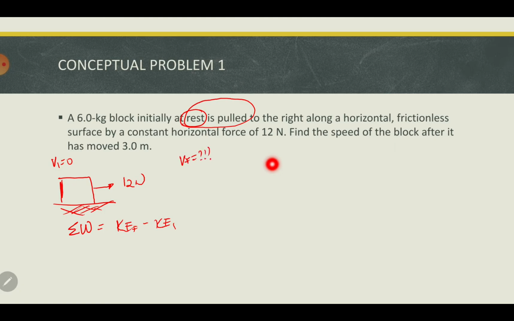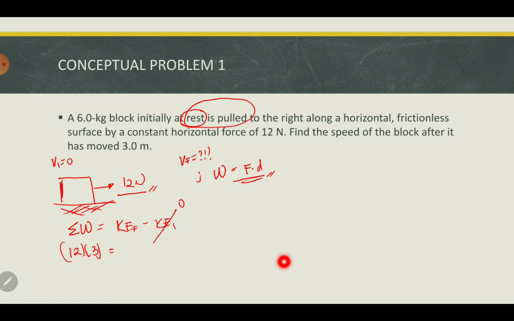Therefore, we'll have a value of 12 newtons as the force, so we have 12 multiplied by 3, because the formula for work is equal to force multiplied by distance, right? So we have 12 newtons multiplied by 3 meters, which is equal to, since we have no initial velocity, this is 0, and we have our